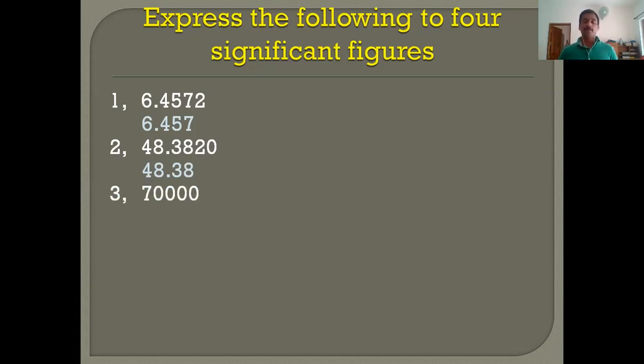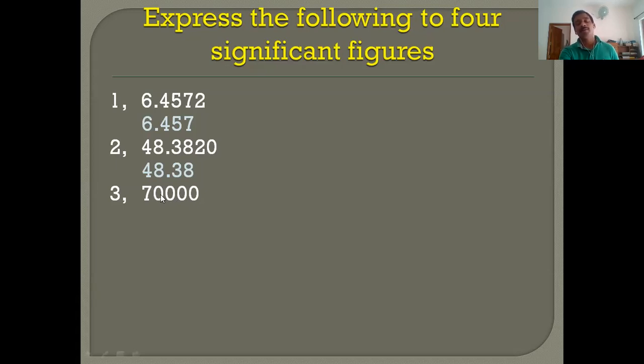Now 7,000. You can try it. Just write it down. Round it off for 4 significant figures. You just write down, and we can check whether your understanding is correct or not. Okay, I think all of you have written it. Here, how many significant figures are present according to our concept? If there is no dot here, it is only 1 significant figure. But we have to write it as 4 significant figures. How can you write it?